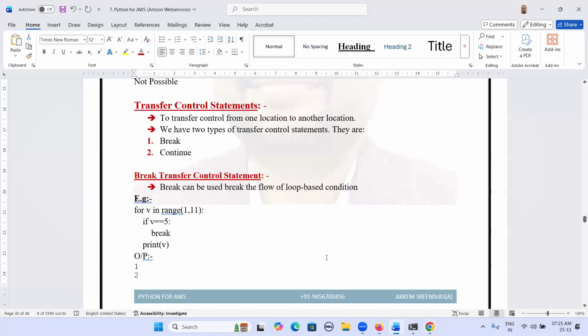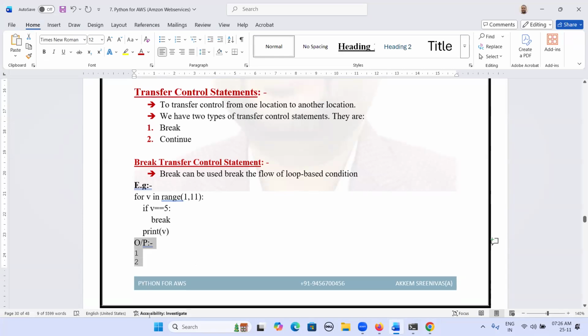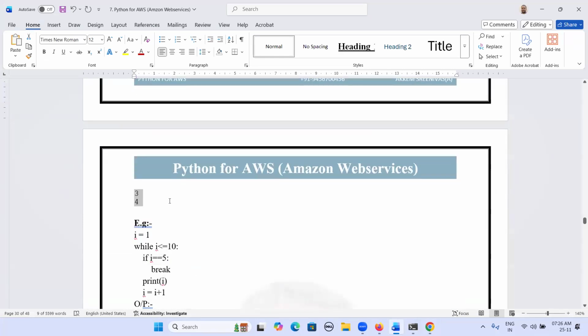And the next important statements are transfer control statements. We have break and continue. We use break and continue inside a loop, with a condition.